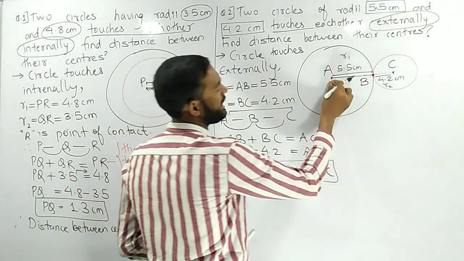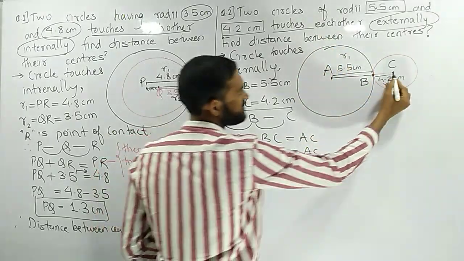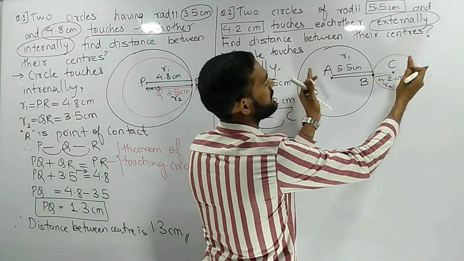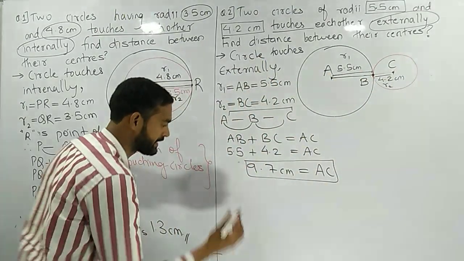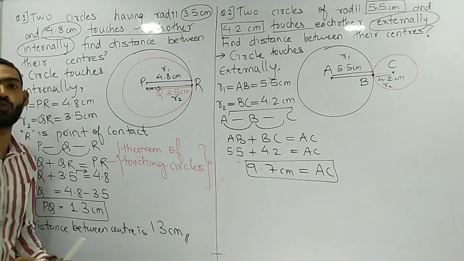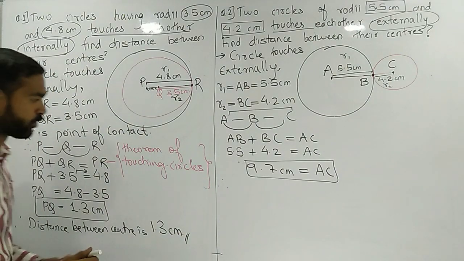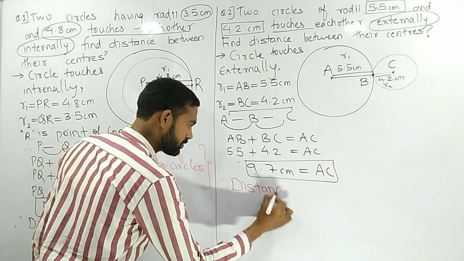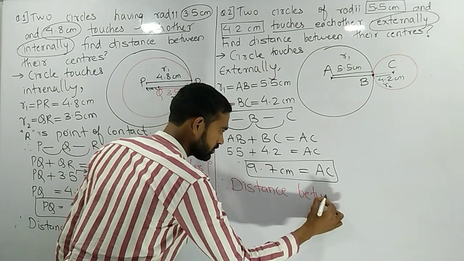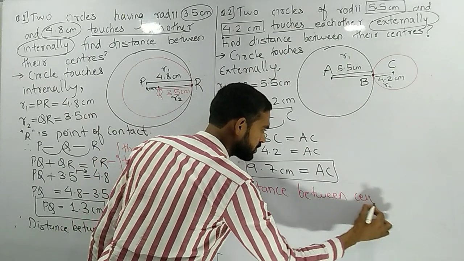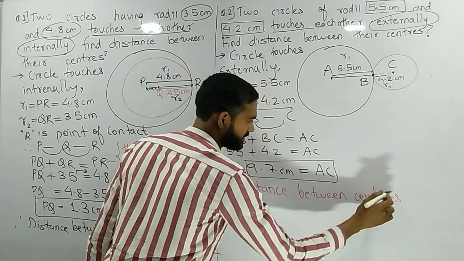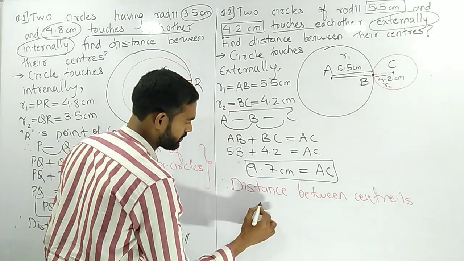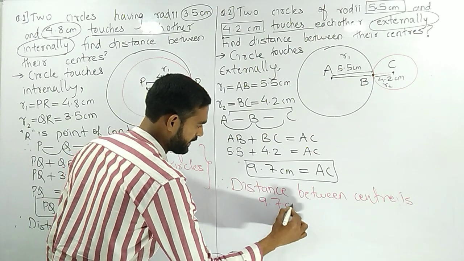What is A? A is the center of the bigger circle. C is the center of the smaller circle. Then what does this AC become? Now AC becomes the distance between two centers. So at the end we'll write the final answer. Therefore, the distance between centers is 9.7